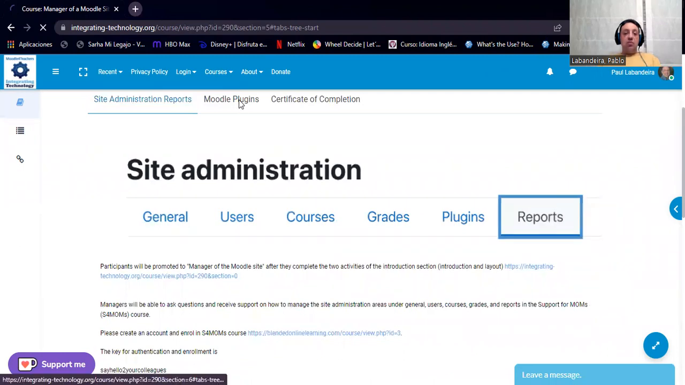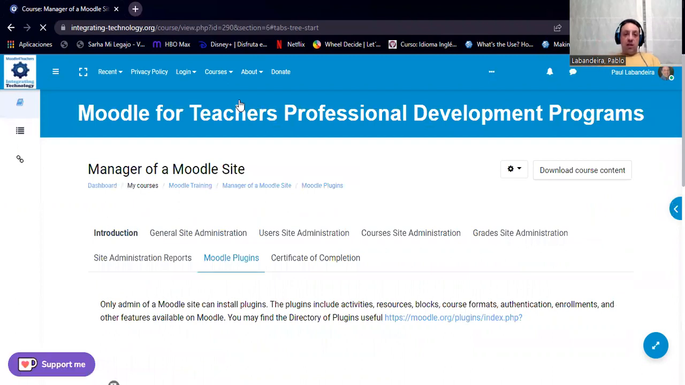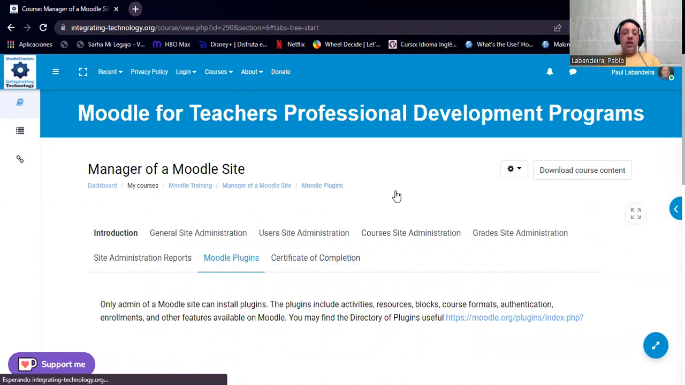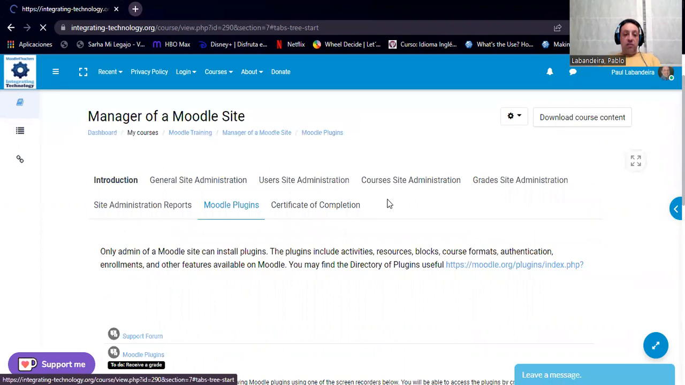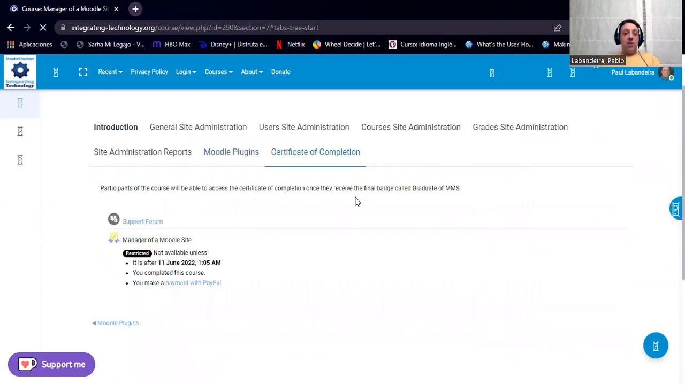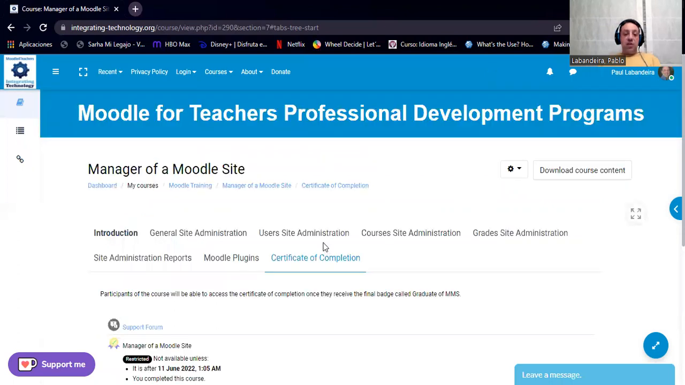Then there's another one that is called Moodle plugins. Here is where you can add any plugin you want to add to your Moodle site in order to make it more interactive, right? And you can insert different applications here. And finally, here you get the certificate of completion, which you get once the course has been finished. And of course, after the 11th of June, 2022, right? So this is more or less everything about the manager of a Moodle site,